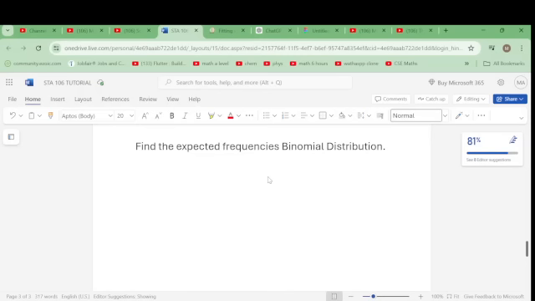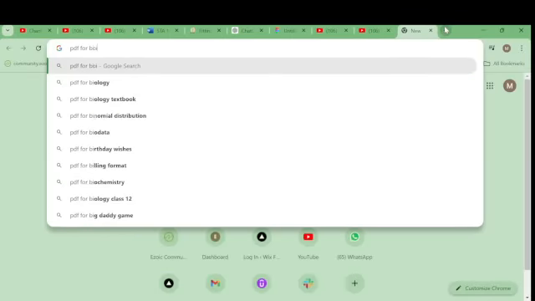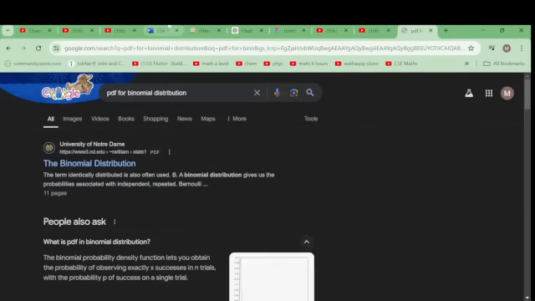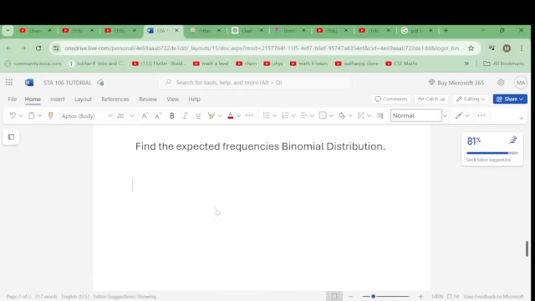Now first, you write the PDF. Is this PMF or PDF? Probability function, I don't know. I think density is for continuous. I'm not sure, but it should be PMF. Wait, let me confirm. Okay, I think it is PDF. Yeah, density function for the discrete one and mass function for continuous one. So the PDF for this function equals,